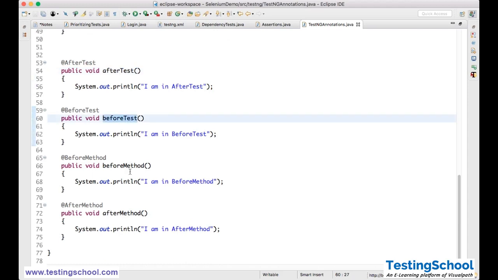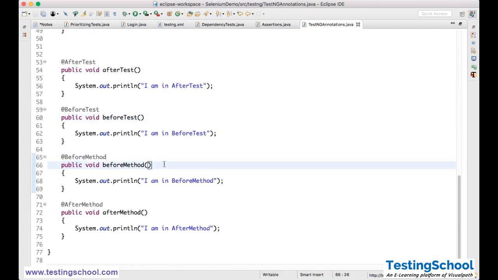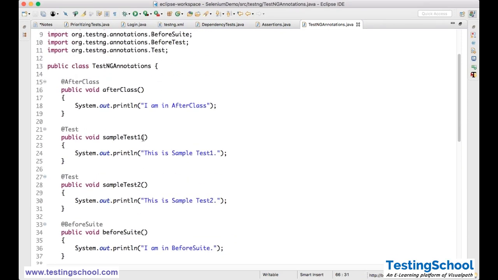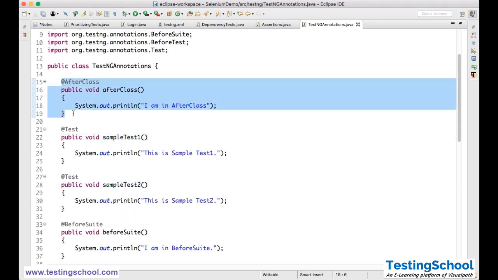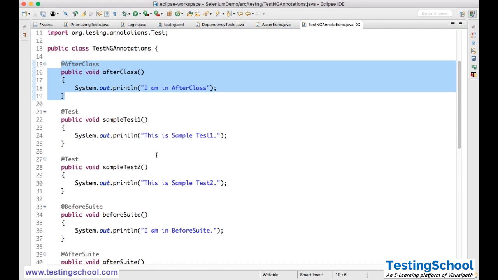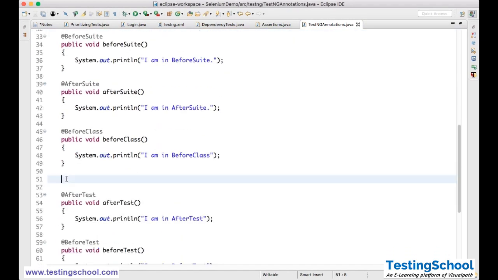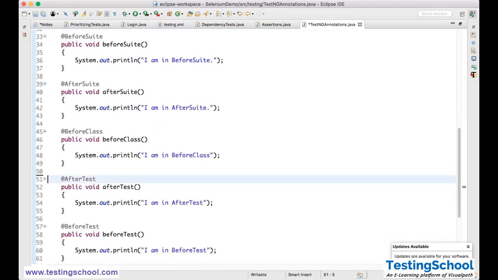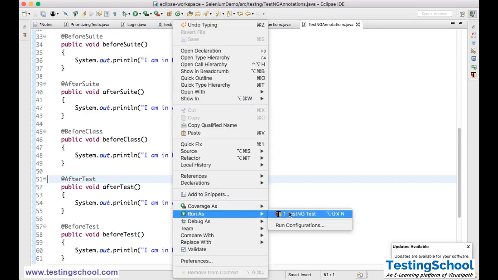it will execute for only that test. And before method, how many times will it execute? It will execute 2 times. The reason is we have two methods. For this method it will execute once, for that method once, and after test also it will execute once for this test, once again for that test. But the remaining things execute only one time, because I do not have many things here. But you need to understand the concept. Now if I execute this,